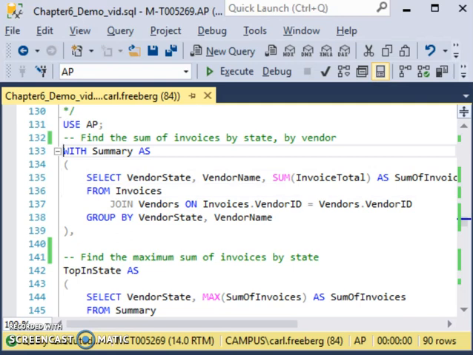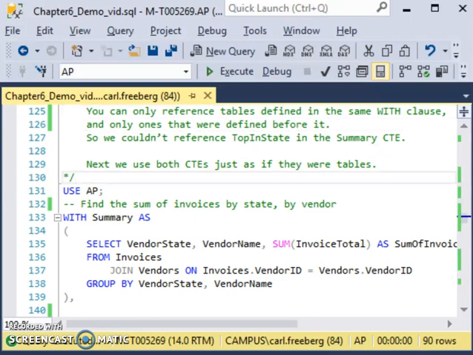You start the CTE with the syntax of WITH, and then you give the first derived table a name, and then you use the word AS, and then parentheses, and then your code. So this code here is creating a derived table, a temporary table, if you will, that is going to find the sum of invoices by state by vendor. The overall goal of this query is we're going to want to find the top vendor in each state,